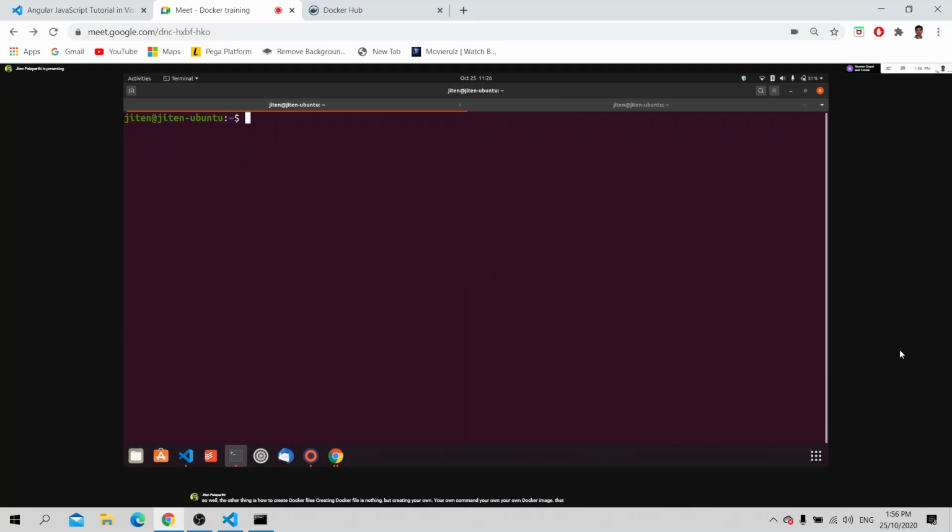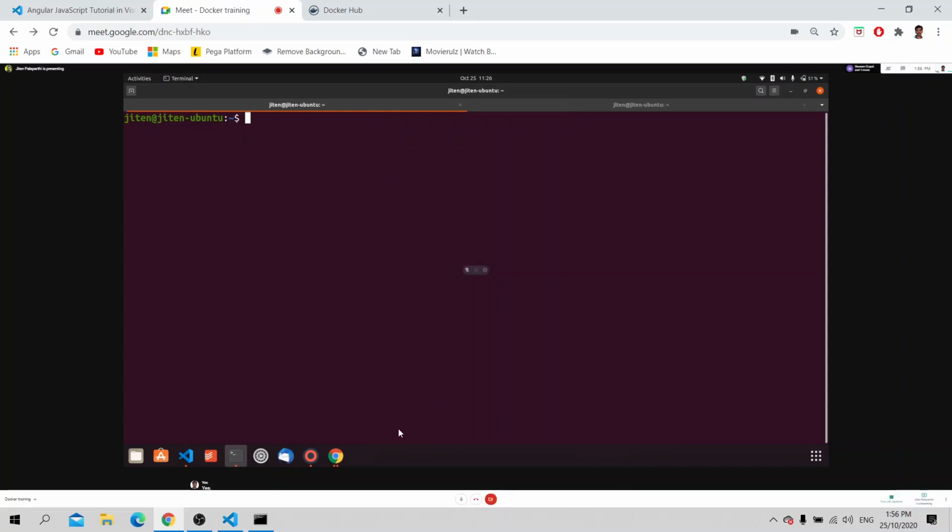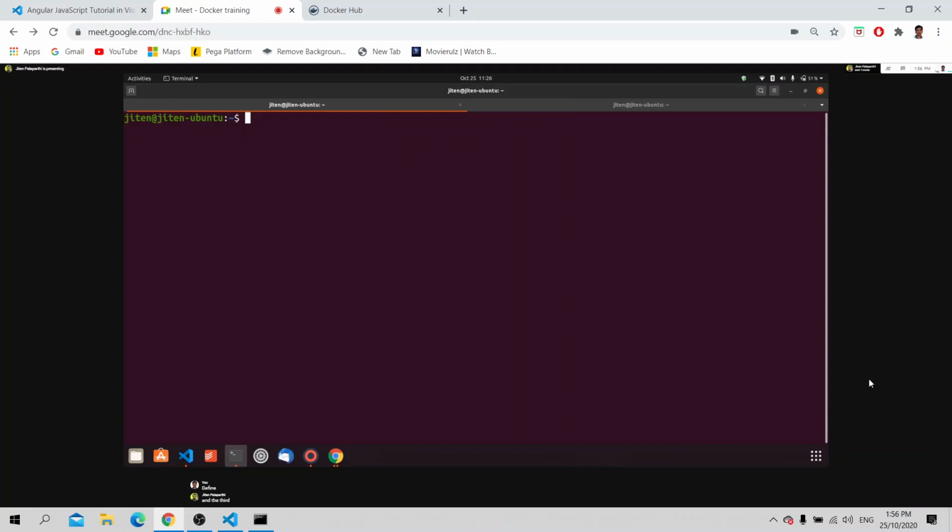For example, you are creating your project. You have heard of continuous integration and continuous delivery, right? There are three things. One is continuous integration. The second one is continuous deployment. And the third one is continuous delivery.